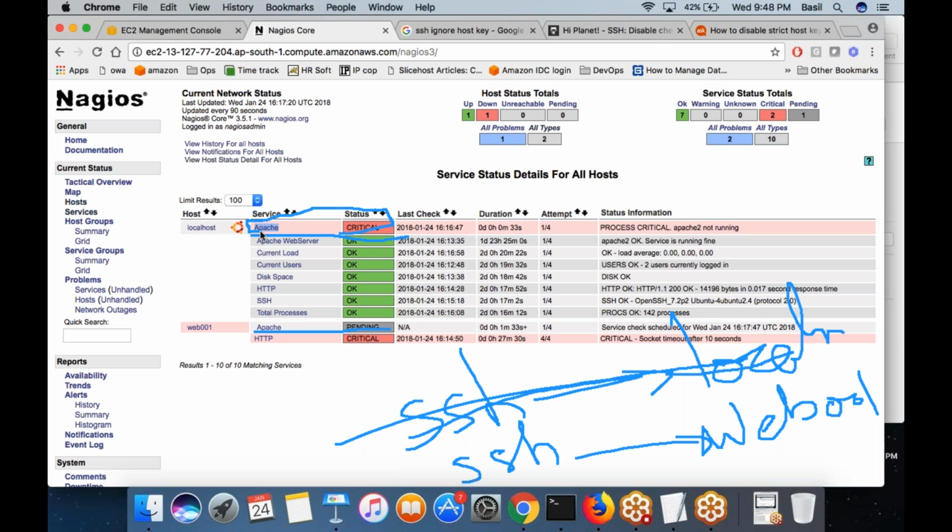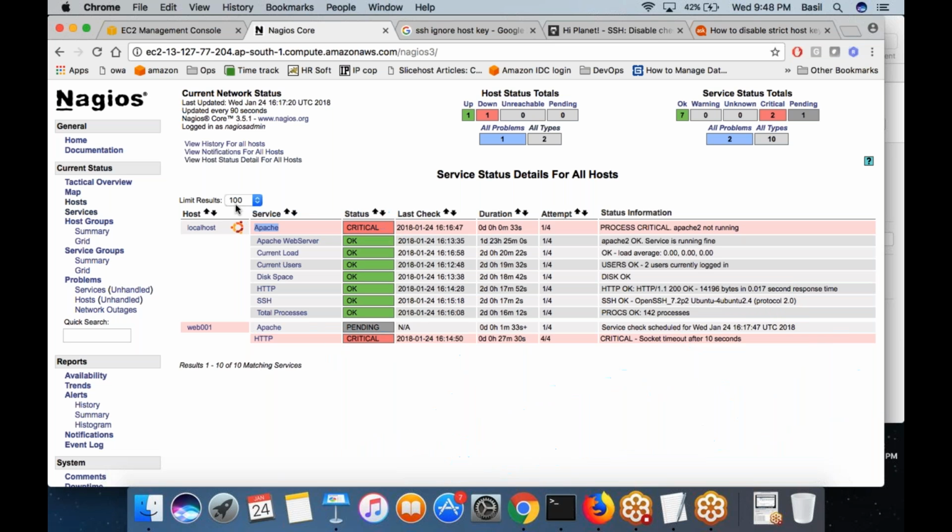But in this particular case, the SSH command will be successful because you already copied the public key into the web 001 machine's authorized keys. So this is supposed to come in OK status. I don't know if it will. Let's take a look. Refresh it. It came as critical. It got timed out.